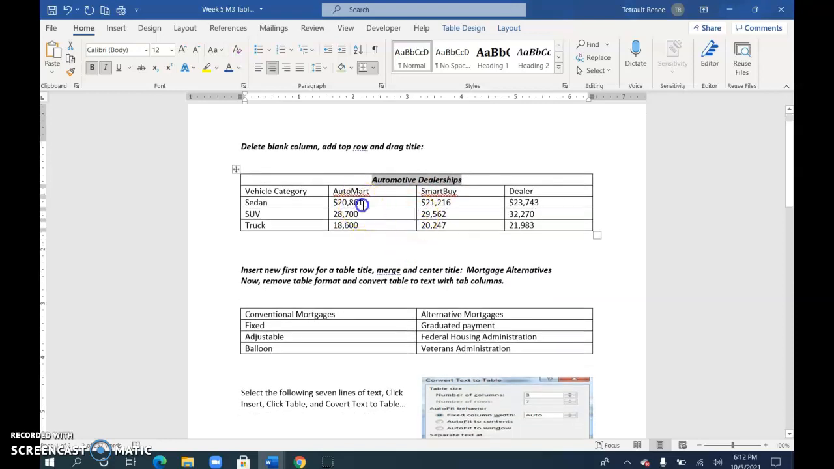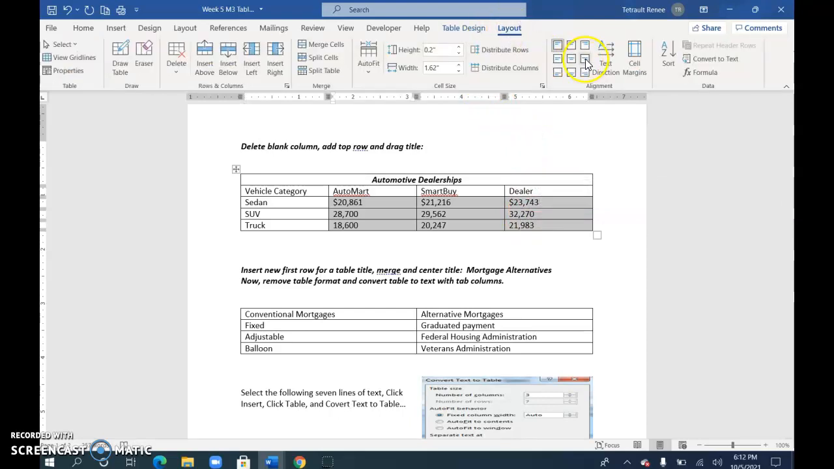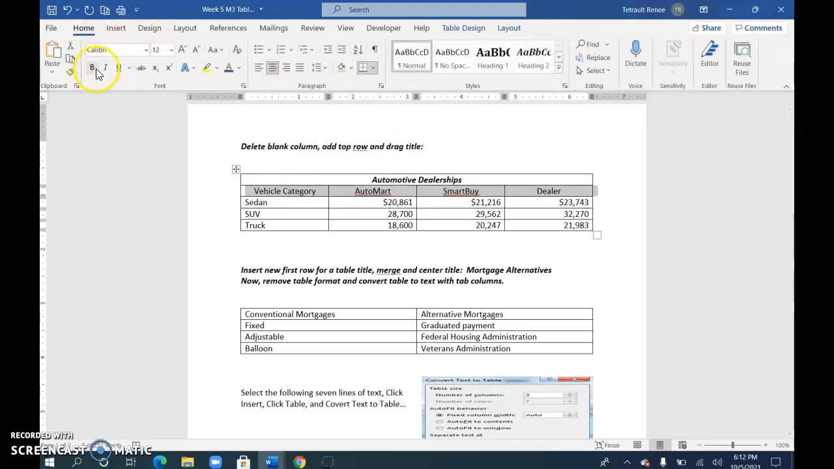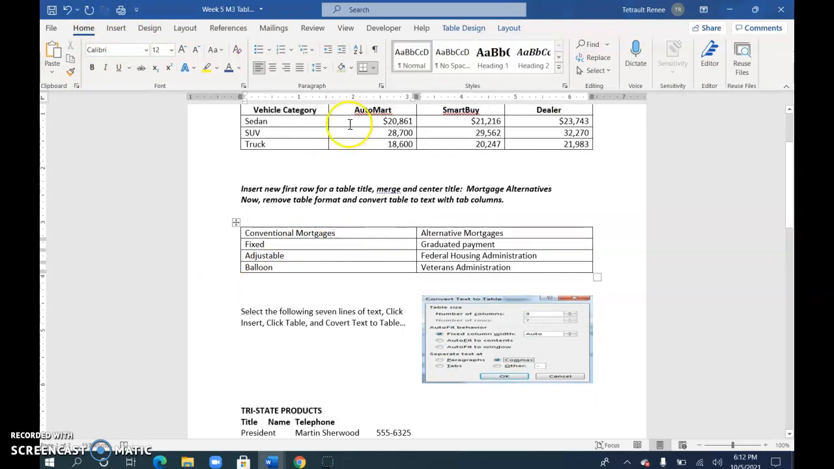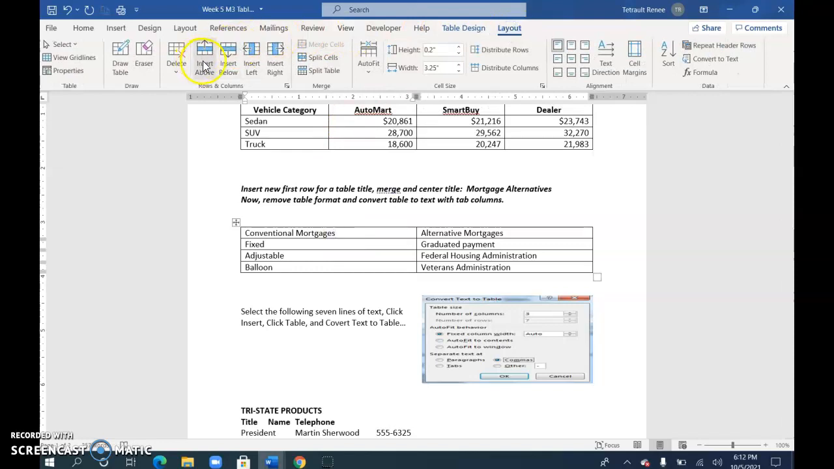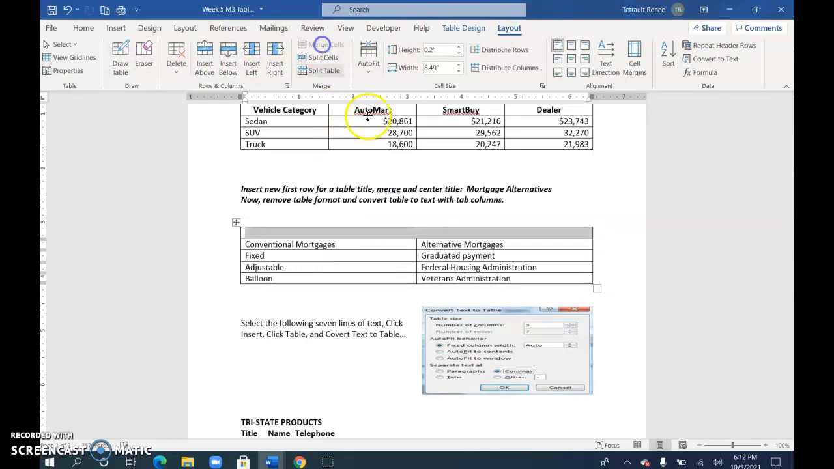And numbers usually should be right aligned so that the commas or decimals would line up. So in layout, choose right align. And you can center the titles if you wanted, put them in bold. In the next one, again, we need a new row above, so layout, insert above, merge, take this title, Mortgage